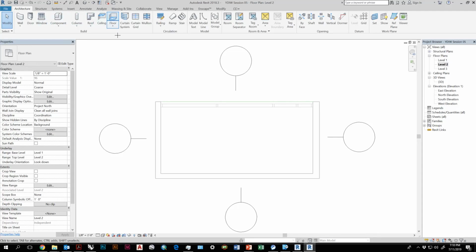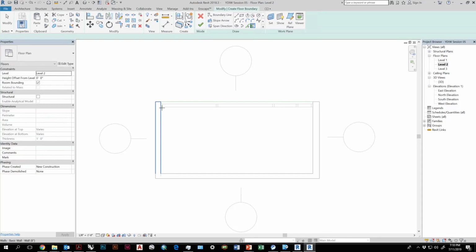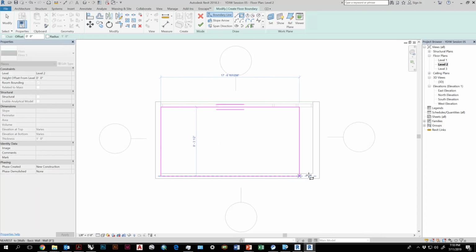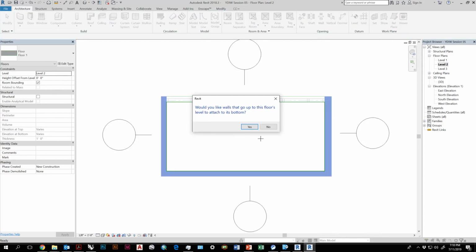So when I'm creating the floor here, I can actually use those underlay elements to snap the floor. Bam, have it be on the inside. It's going to be at level 2. Again, it'll start at level 2 and go down by default, but I can change its offset. I'll hit the check mark.